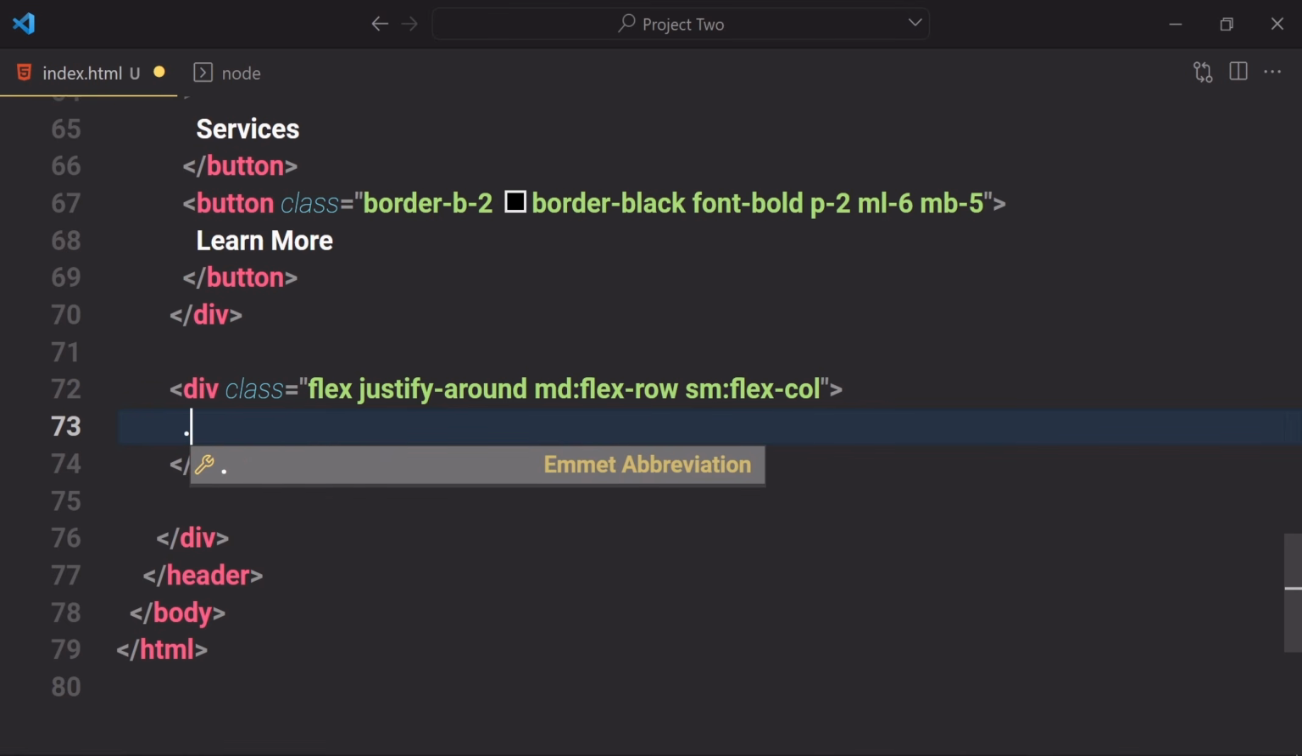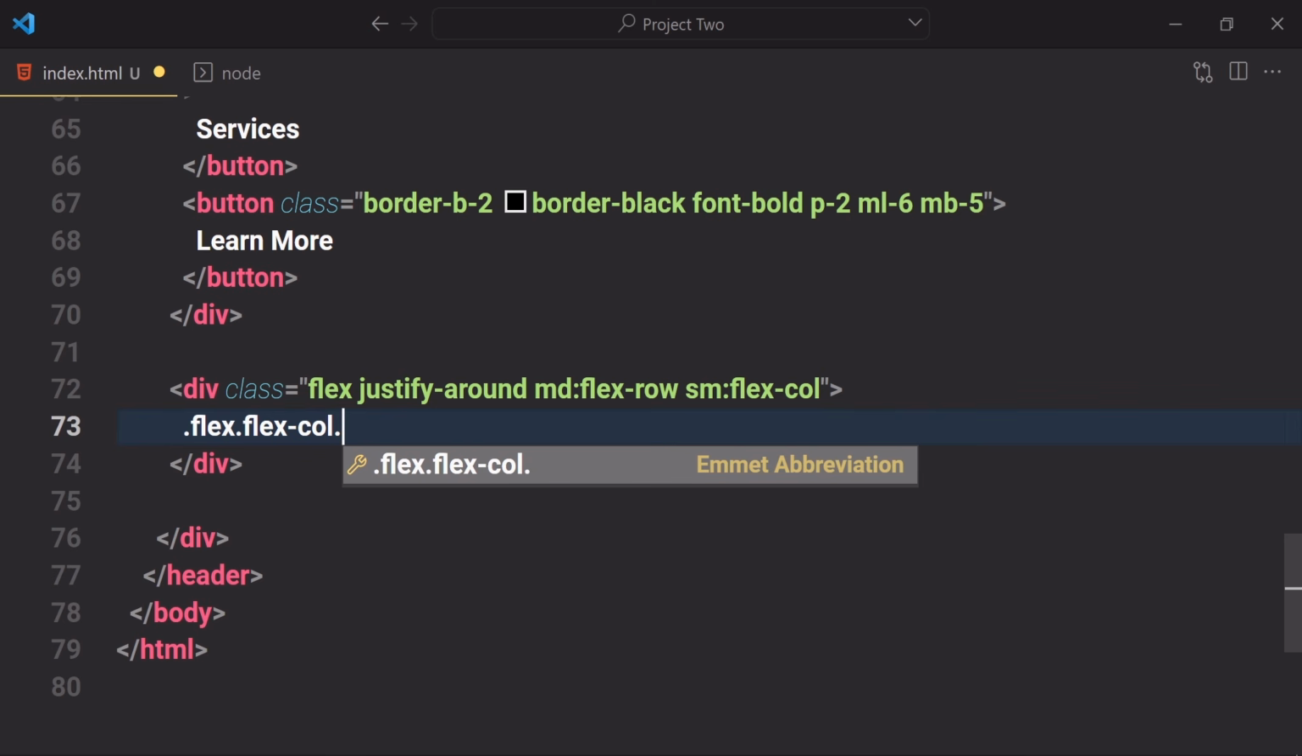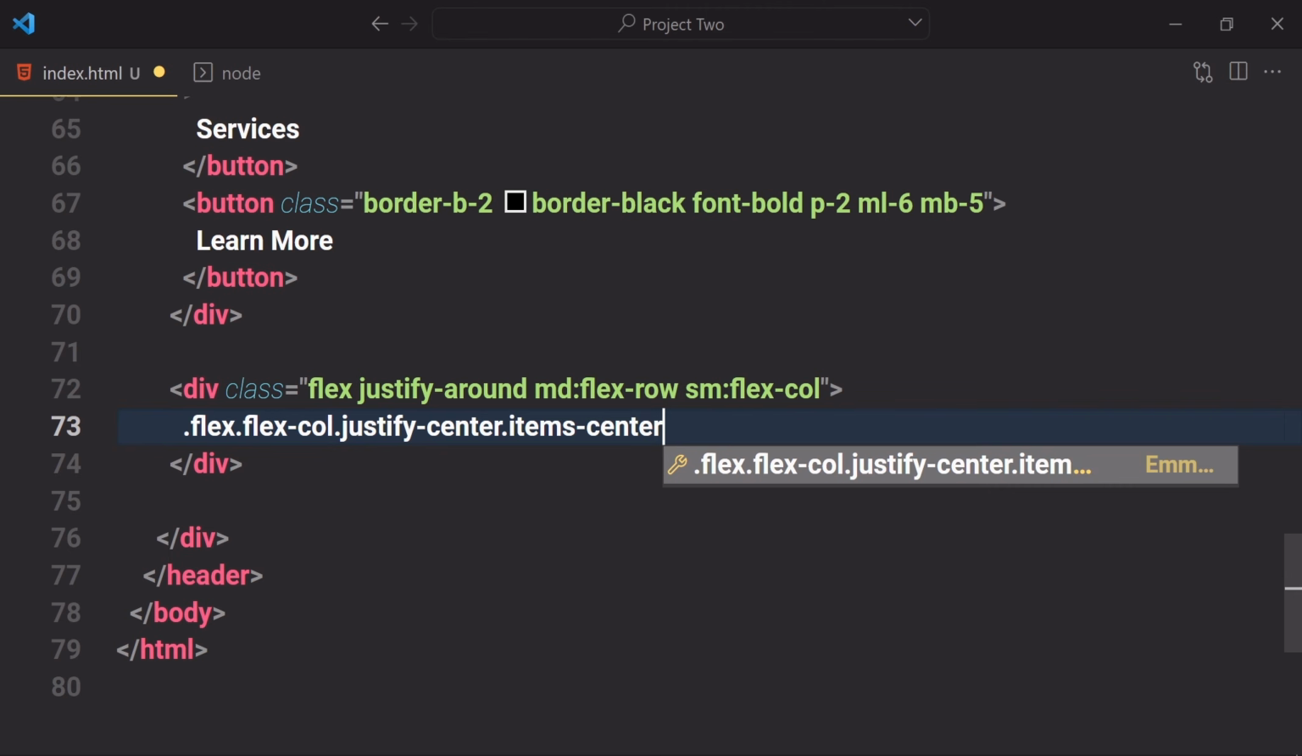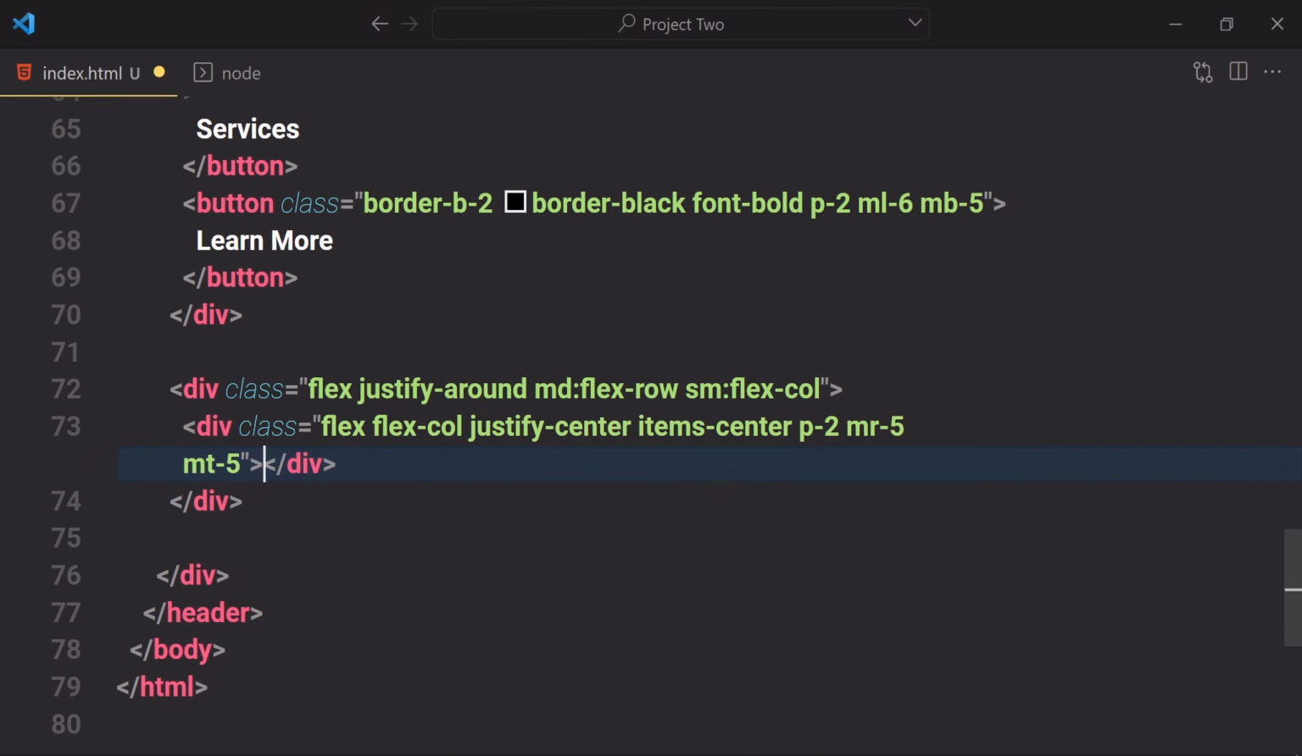Now let's just write a new class like flex, and then flex will be column. And justify will be now set to center, and align items, so I'm going to just write items of center, and the padding will be 2 all around, and margin will be for right 5, and margin for the top will be 5 as well. And let's just write our BG colors, so I'm going to just provide a BG of that same color which we have been using. So 1 BC at